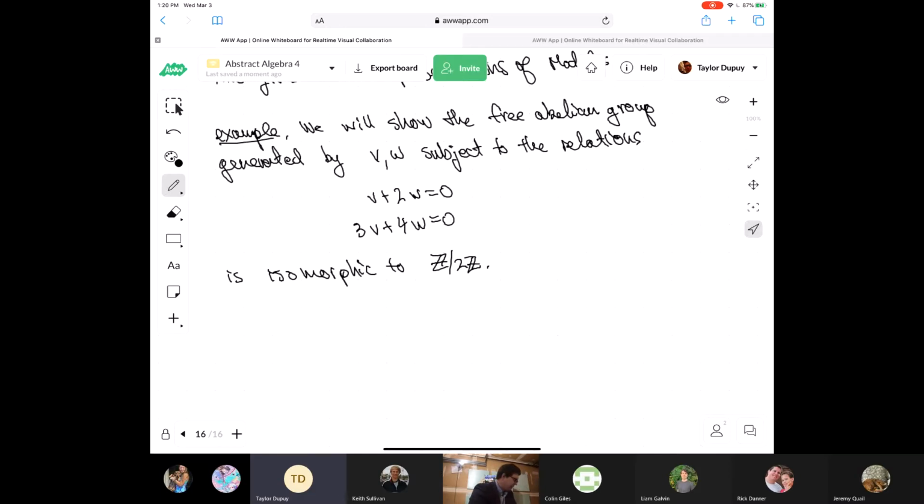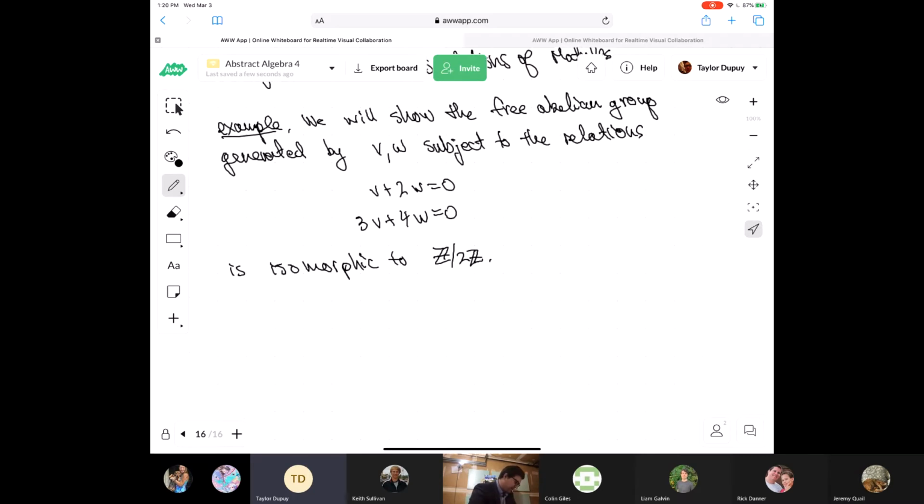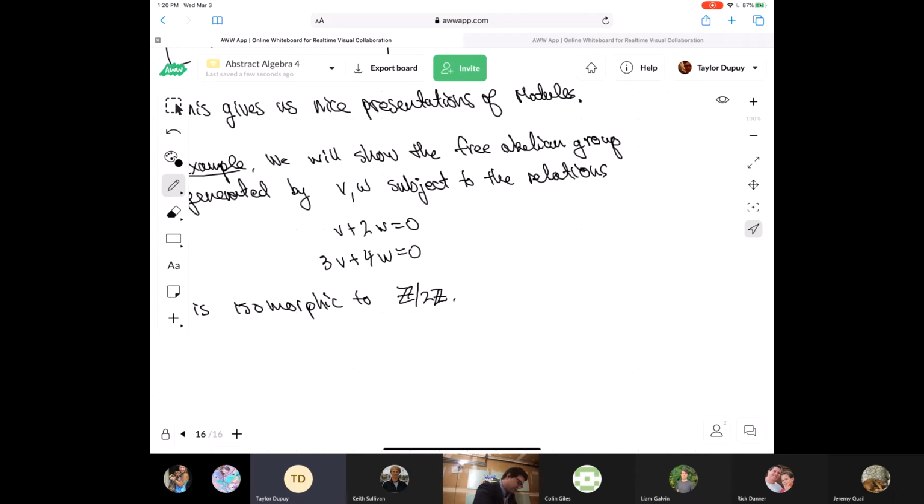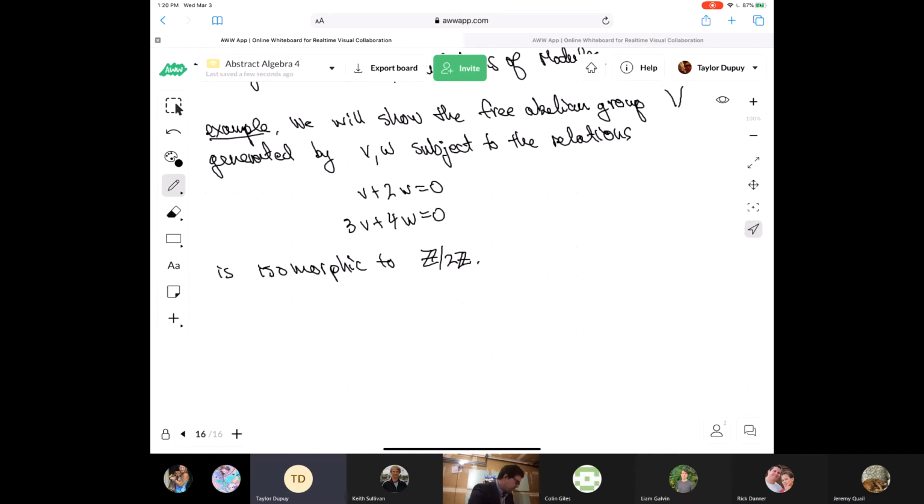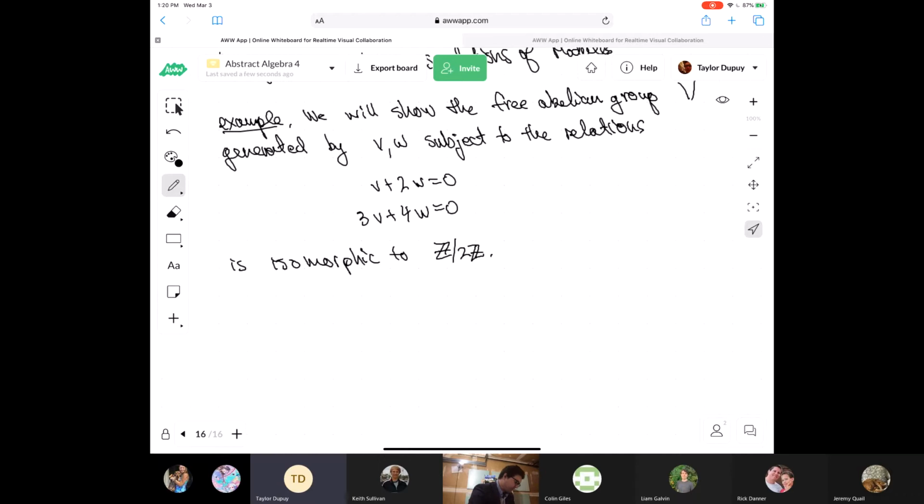So the idea here is that we kind of have this, so what should we call the group? Call it V, subject to the relations. So it's not just free. This is not a free abelian group, but it's subject to these two relations. So what we really want to compute is